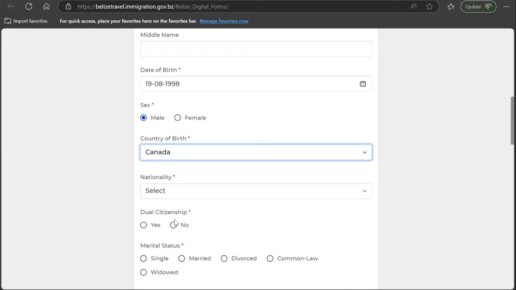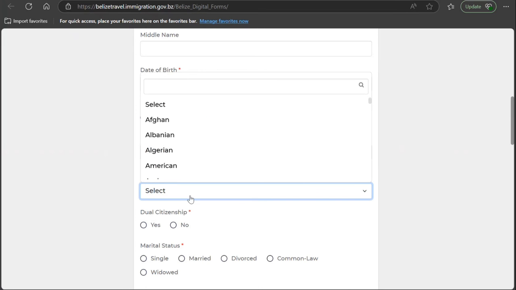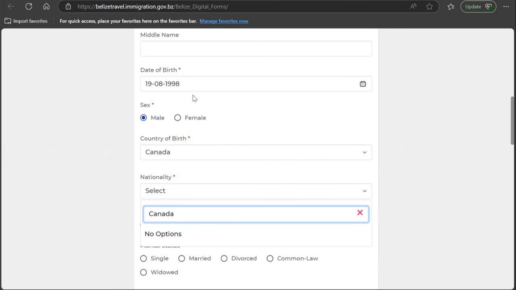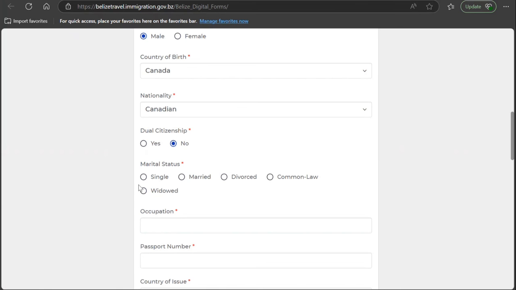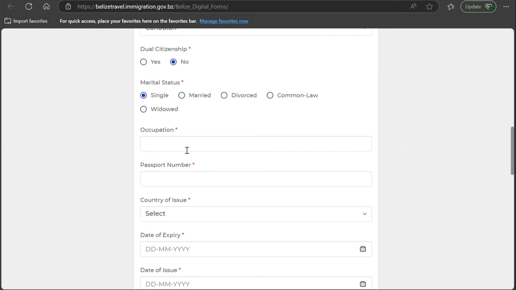Dual citizenship or nationality, sorry. Canadian, wow. Dual citizenship, I select no. Marital status, I select single. You need to do as per your case. Occupation, IT consultant, and passport number,